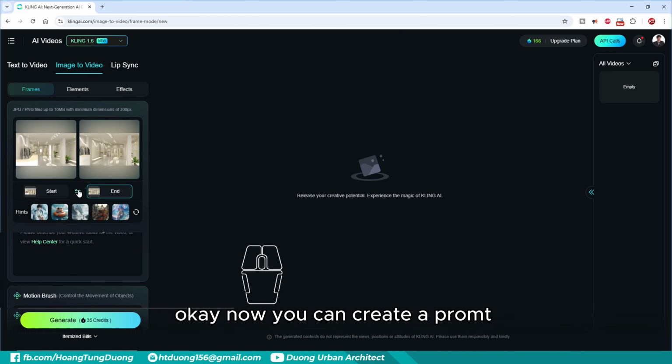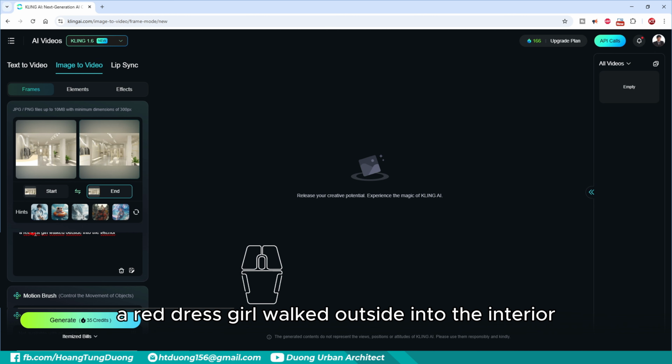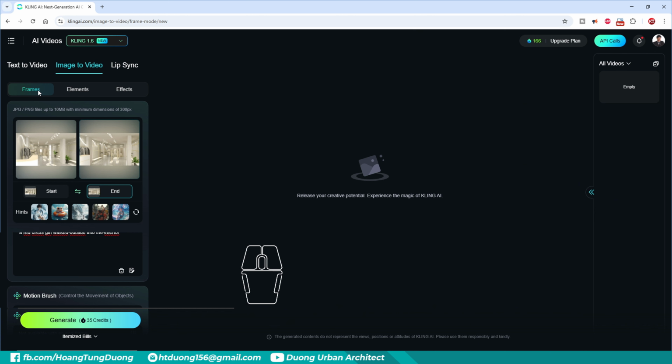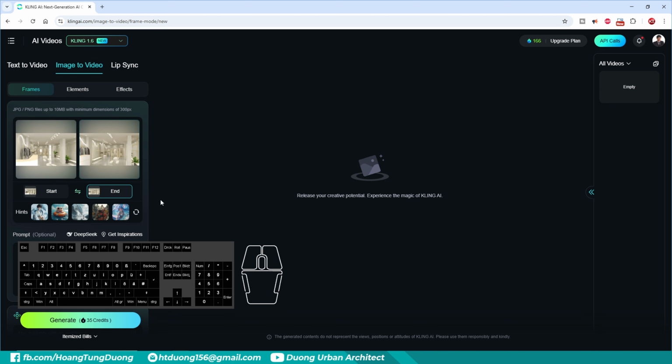Okay, now you can create a room. A create room here is: the girl walks outside into the interior scenes and enjoys the space. Okay,